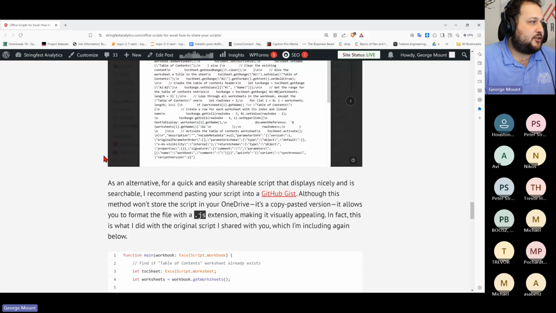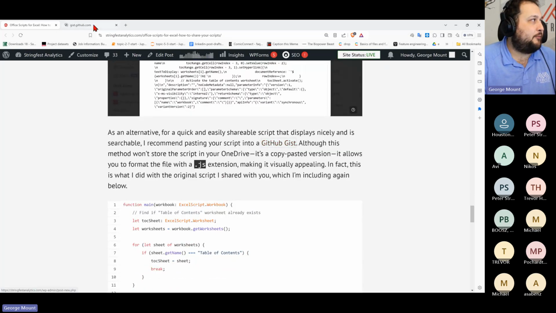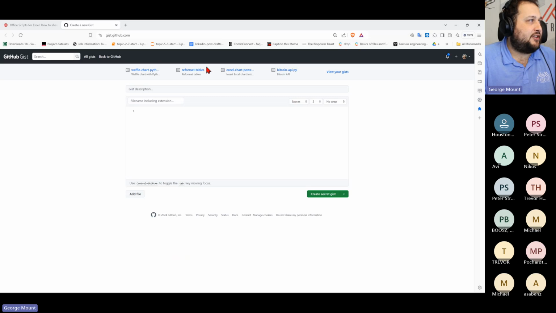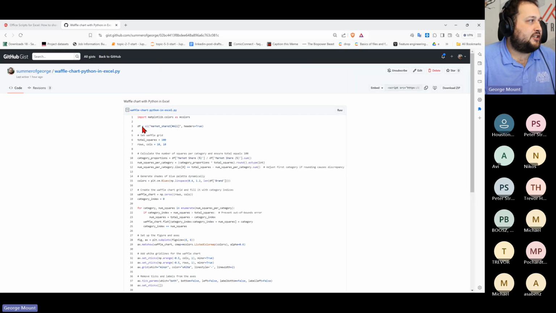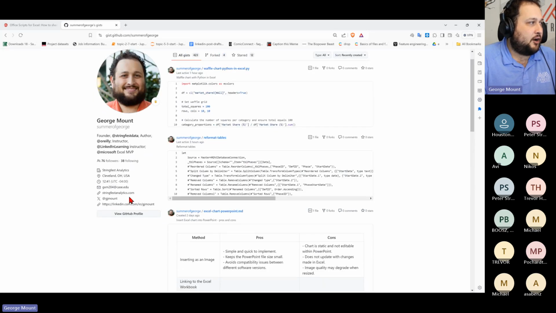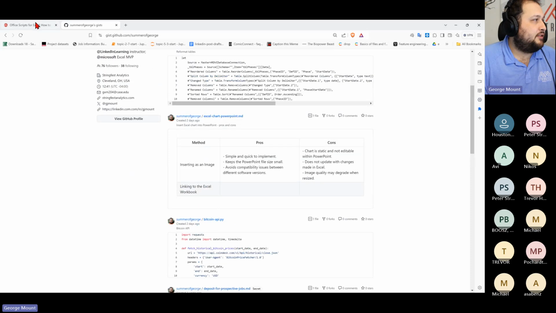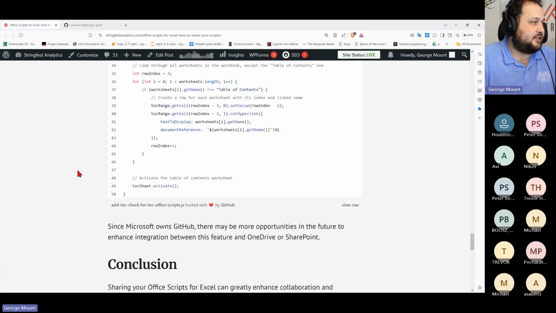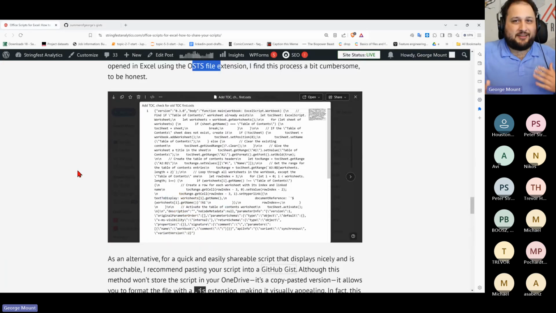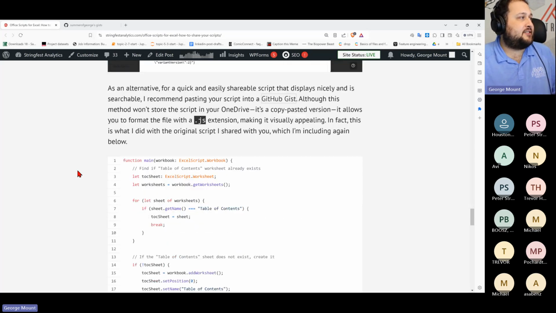So I would encourage you to just use something like a GitHub gist or some other kind of thing. If you're not familiar with GitHub gist, they just let you share quick code snippets for different things. I have a bunch that I share with clients or on my blog. Just quick little bits of code that you might want to share. I would suggest using that because these are really meant to be intra-office applications. Okay, so those are the basics on sharing.